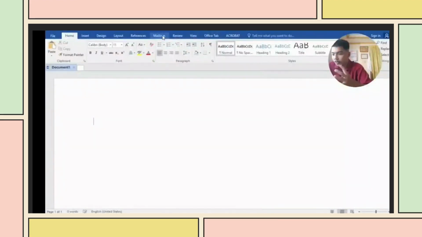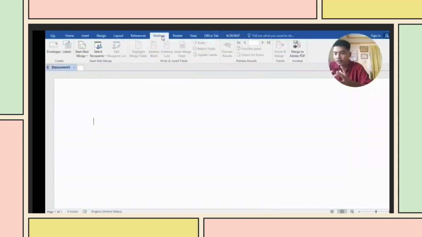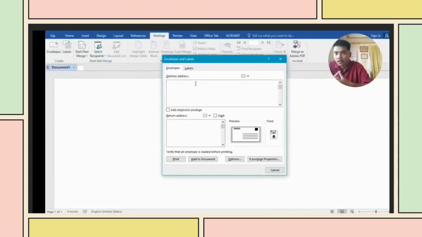In mail merge, click Mailings, then find Envelopes and click it. Then, as you can see, you see the delivery address on the screen. Then write some delivery address, like #34 Florida Street, Barangay